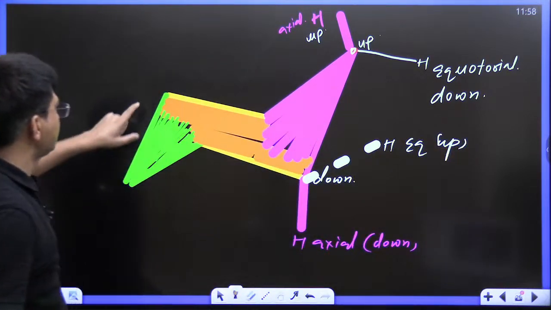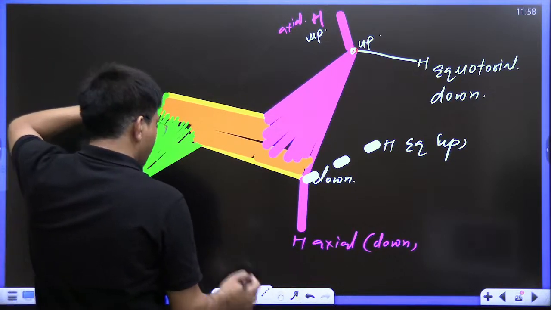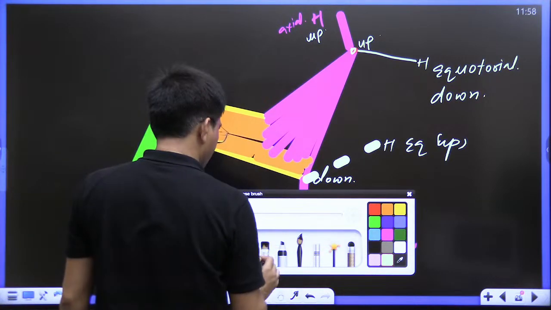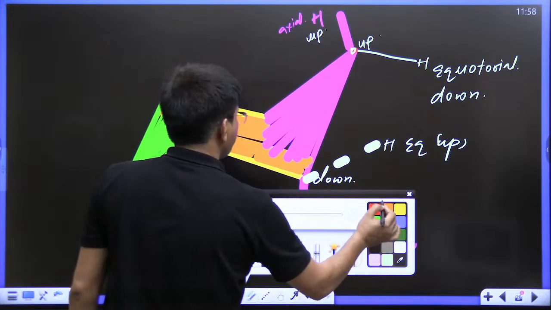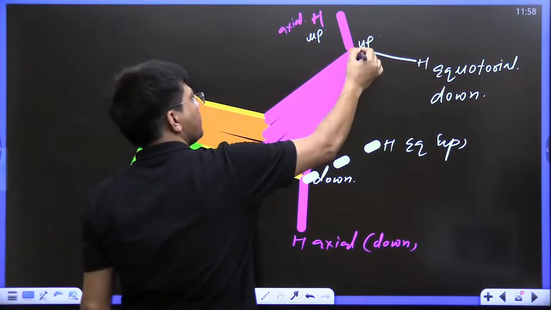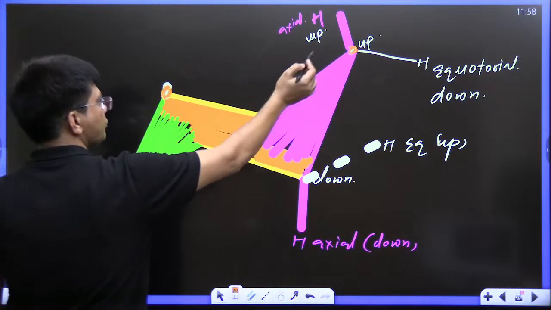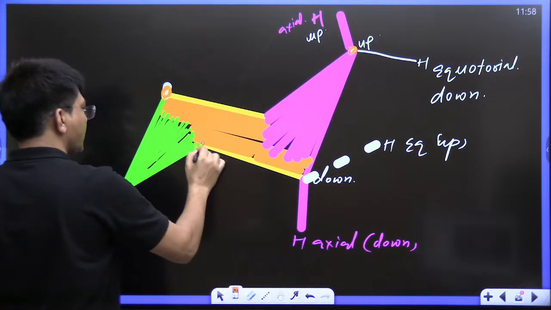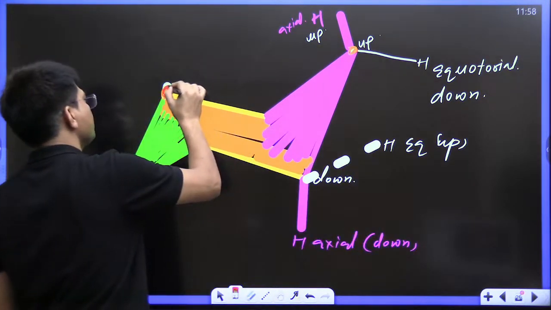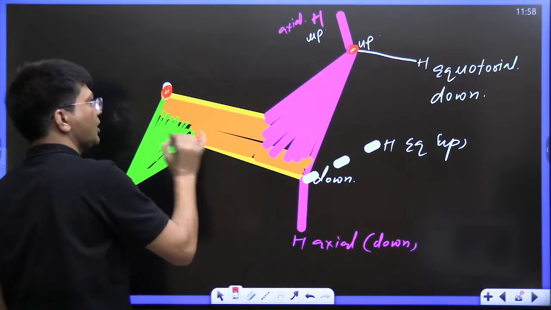Now same like this, this vertex is going up. Just try to understand, this vertex is going up. Can you see, 3 carbons are going up. Try to understand, kids, everyone, 3 vertices are going up. This is going up, this is going up, and which one is going up? 1, 2, and 3. These 3 are going up. Can you understand, kids? Do let me know. 3 carbons are going up,